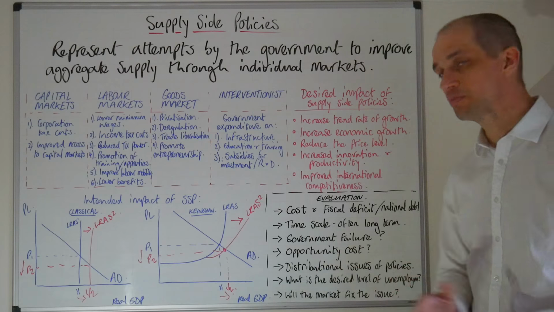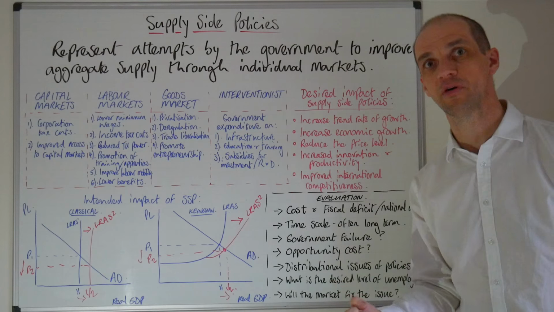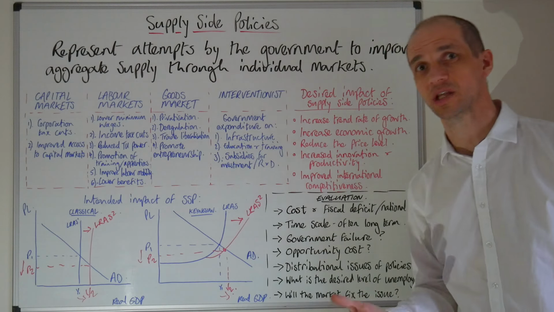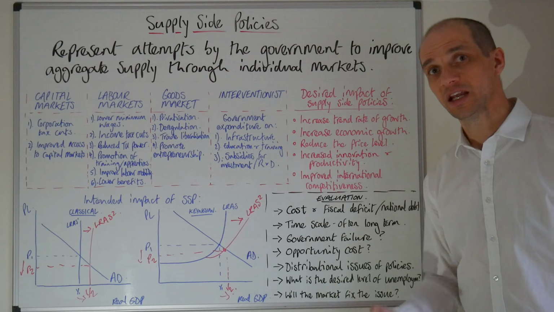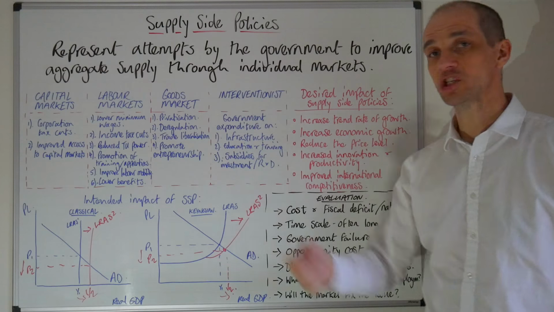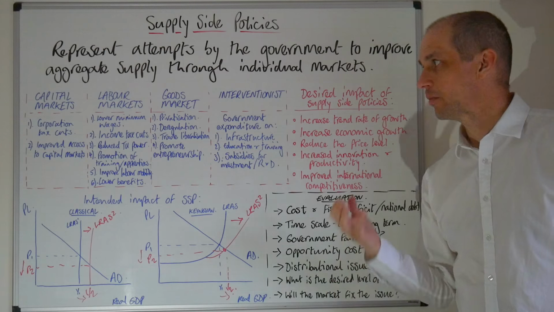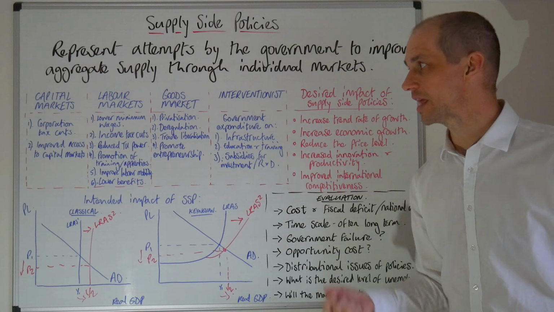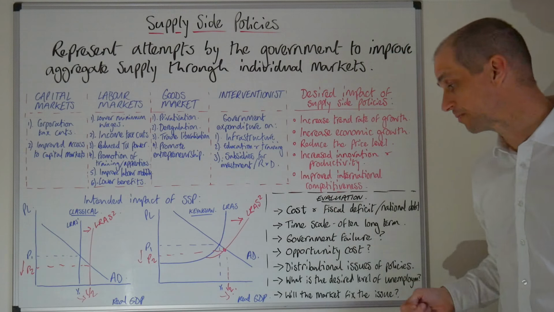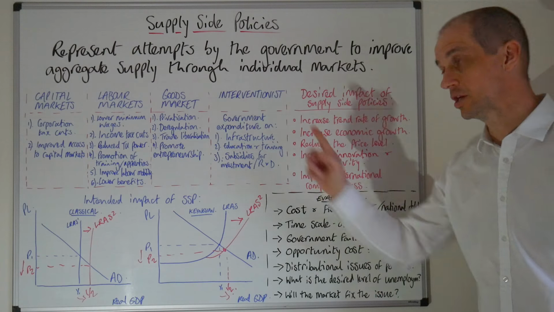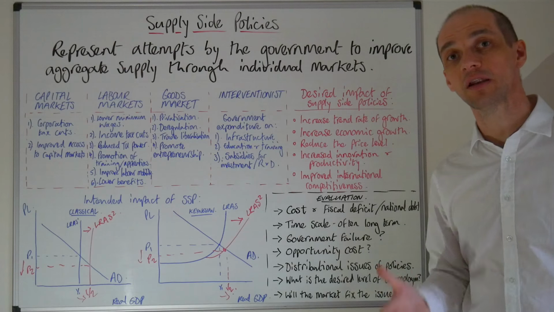Okay, distributional issues as well. Well, we've seen this point about lower benefits being provided to perhaps some of the poorest in society. So are we going to worsen inequality here? Well, if privatisation leads to public monopolies becoming private monopolies, which are then monopsony employers, then that may further aggravate inequality. Okay, so that may be another issue, as well as, of course, increasing unemployment. Okay, so what is the desired level of unemployment?